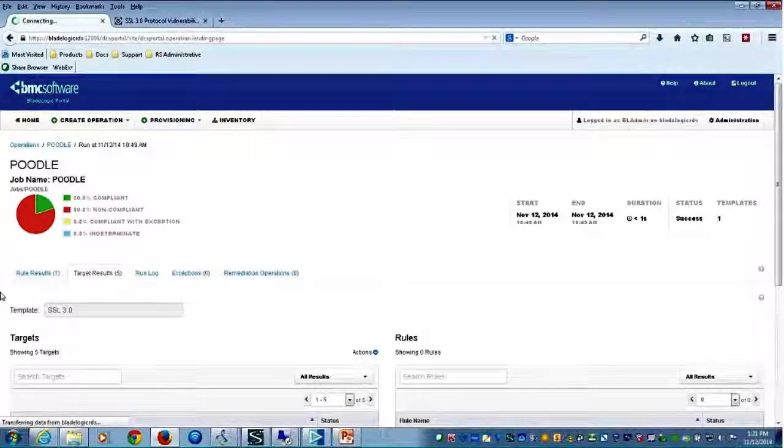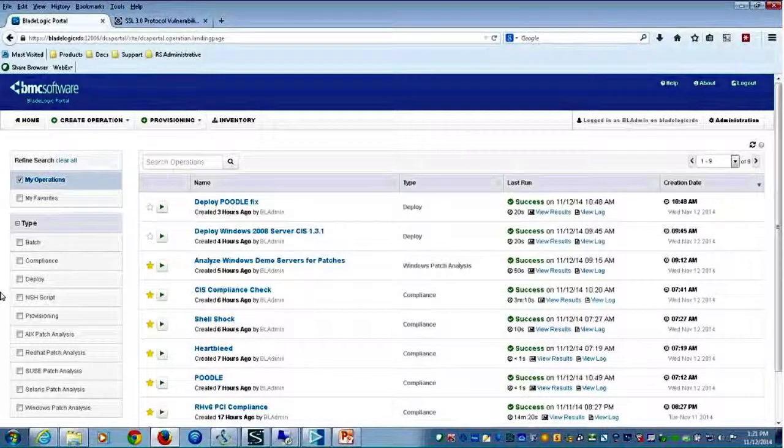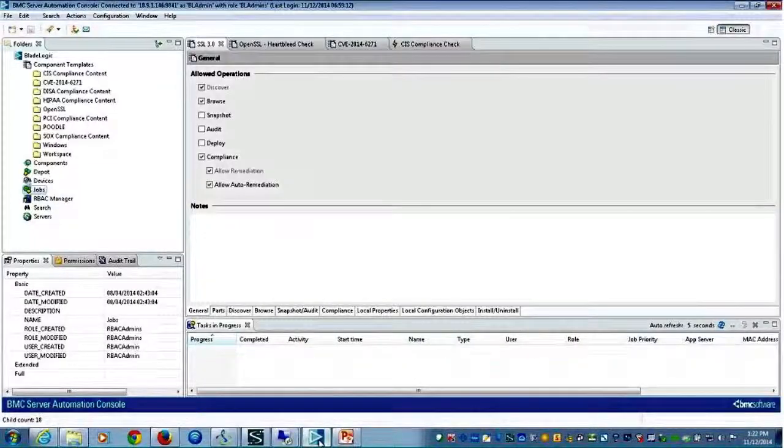Okay, so here I'm going to go back to the home screen. And from a zip kit perspective, I really like those, again, because it takes really a lot of the onus off of me as an end user. I can simply import it into my console and then check my vulnerability or my compliance. And so what I'm going to do now is quickly just go into the BladeLogic console. And what you'll notice inside of this console, the various regulatory and security compliance that I mentioned in the PowerPoint.